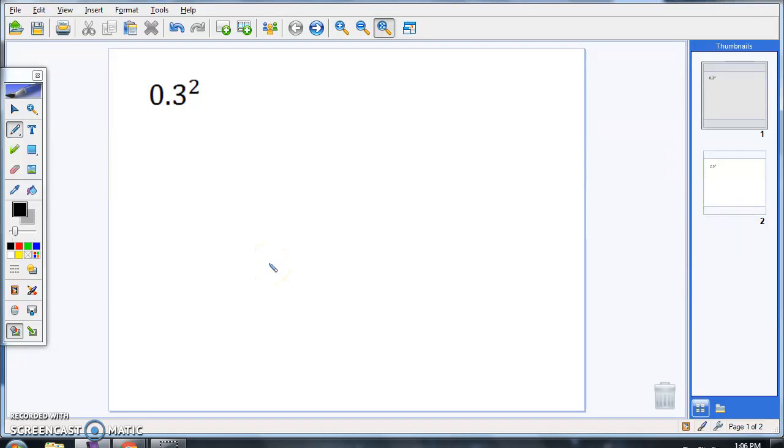Welcome to Exponents with Decimal Bases. I'm your host. Alright, so this is just the same as regular exponents, except that